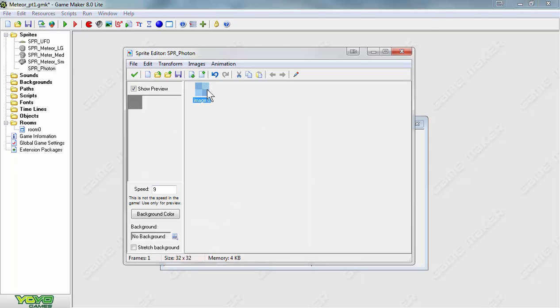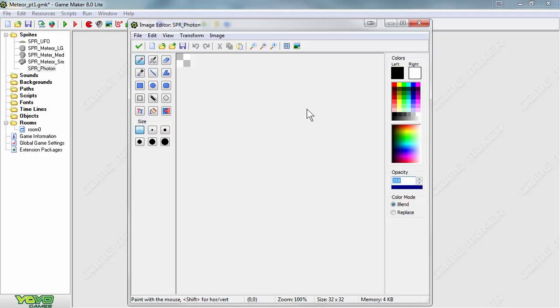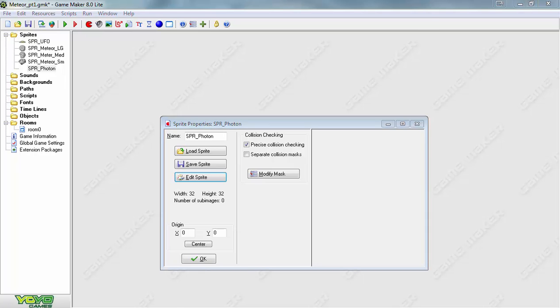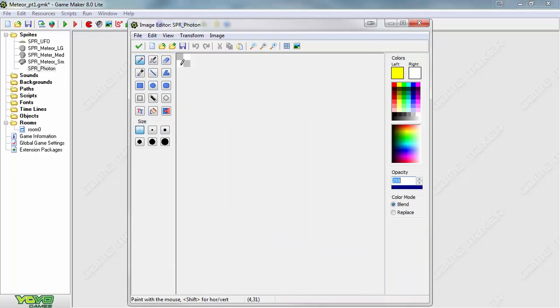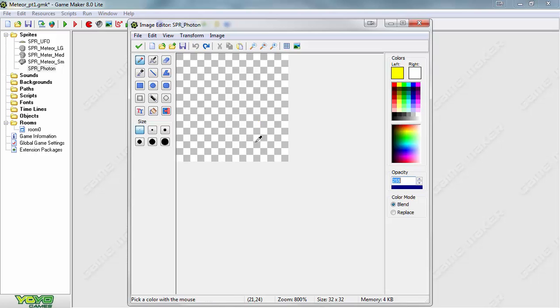Let's double click on the image to open up the image editor. Over in the right hand column, we're going to select a yellow swatch in the left hand column. We will grab our ellipse tool, but first let's zoom in a little bit. You can zoom in by pressing Control and your scroll button. That will make the canvas just a little bit larger. Let's grab our ellipse tool,